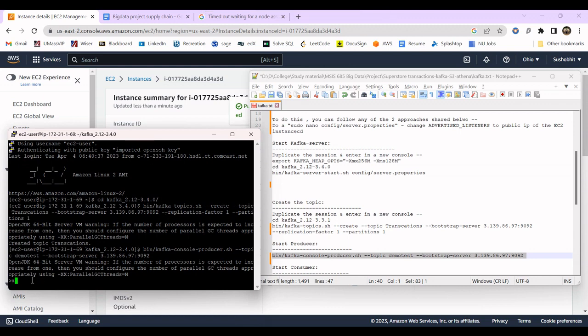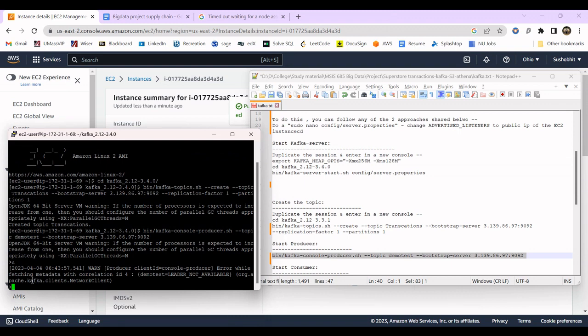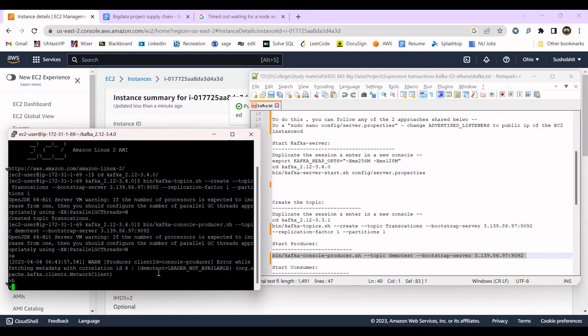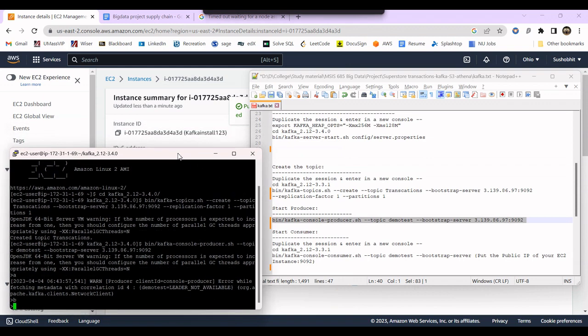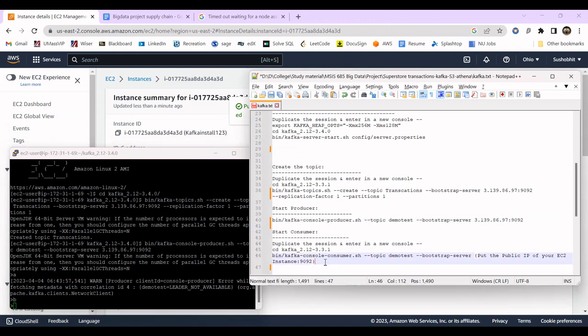If we type anything now, it goes into the Kafka server. So we'll open one more PuTTY shell and create the consumer,